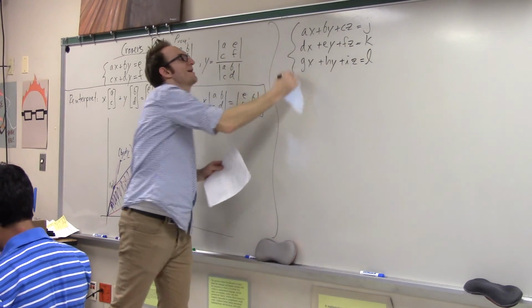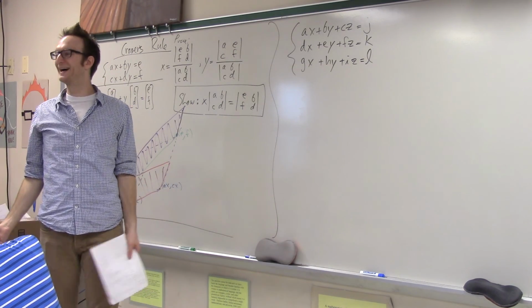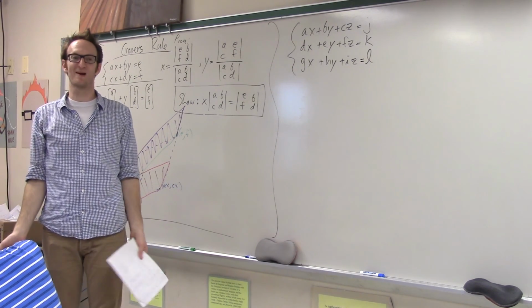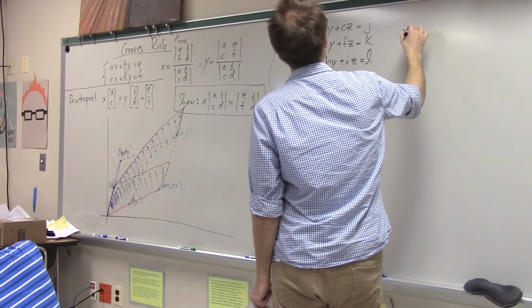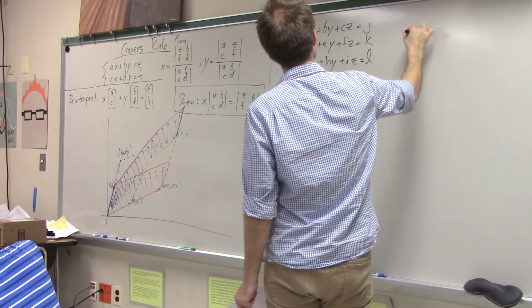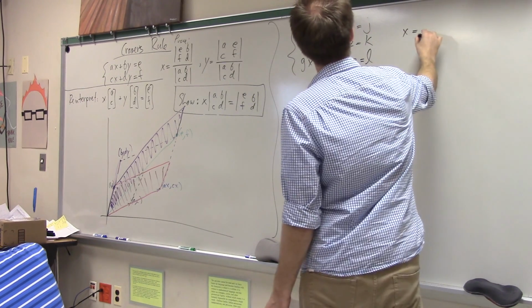Okay, what do I have here? Of course, the generic system of 3 equations and 3 variables. And what does Cramer's rule say in this case? Well, it also says that x is the ratio of 2 determinants. The denominator